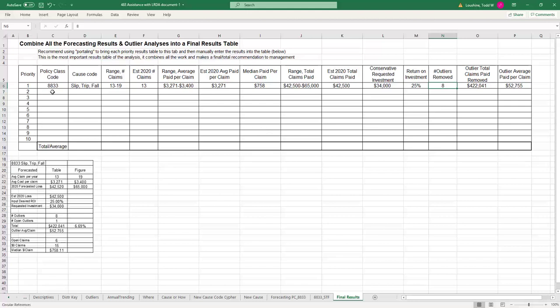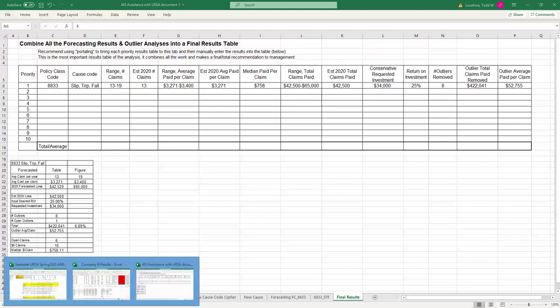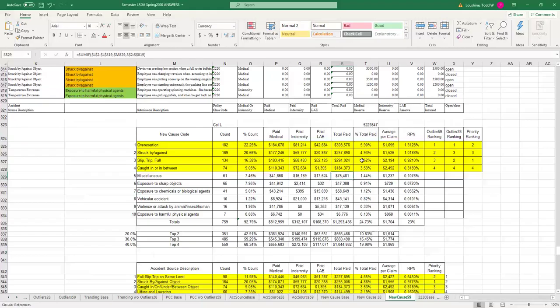So in this case, there are 10 in our case for the class. And I want to show you something that I discovered. So here's our data. I referred to it earlier when I was comparing the changing of the rankings based on how many outliers were removed. So the trending base,